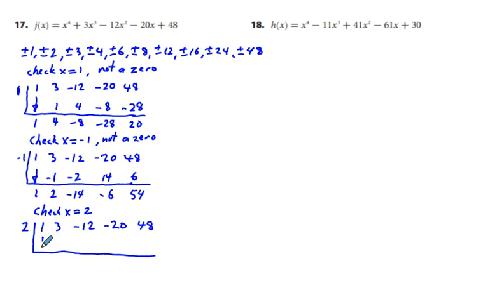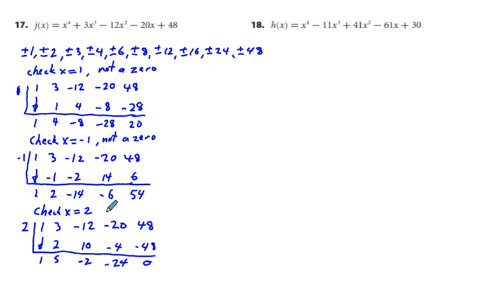So bring down the 1, we get 1, 2 times 1 is 2, 3 plus 2 is 5, 2 times 5 is 10, negative 12 plus 10 is negative 2, 2 times negative 2 is negative 4, negative 20 plus negative 4 is negative 24, 2 times negative 24 is negative 48, so we end